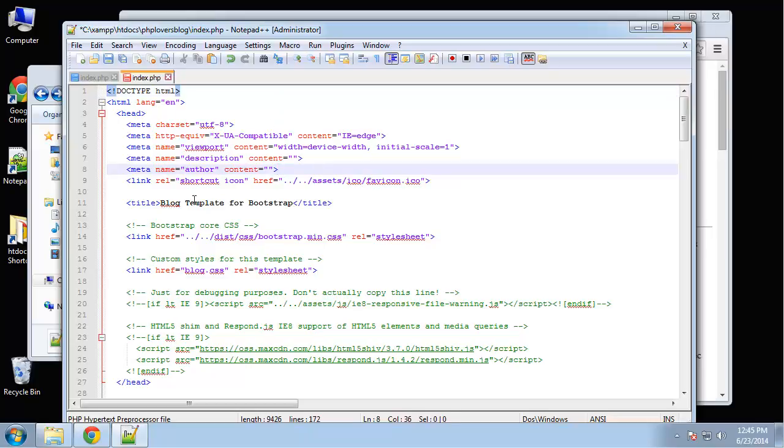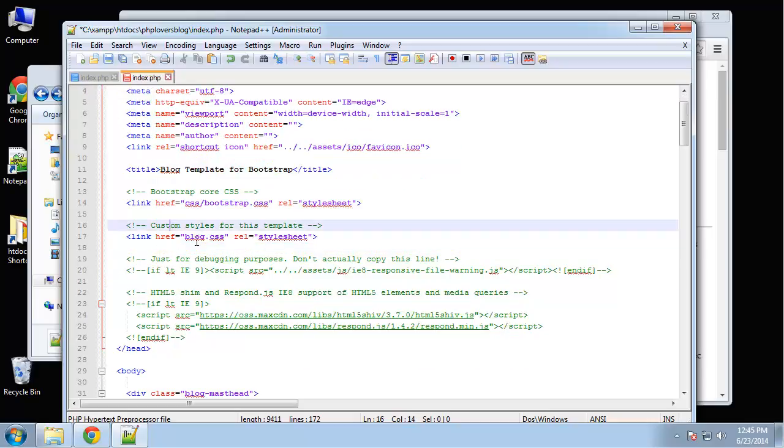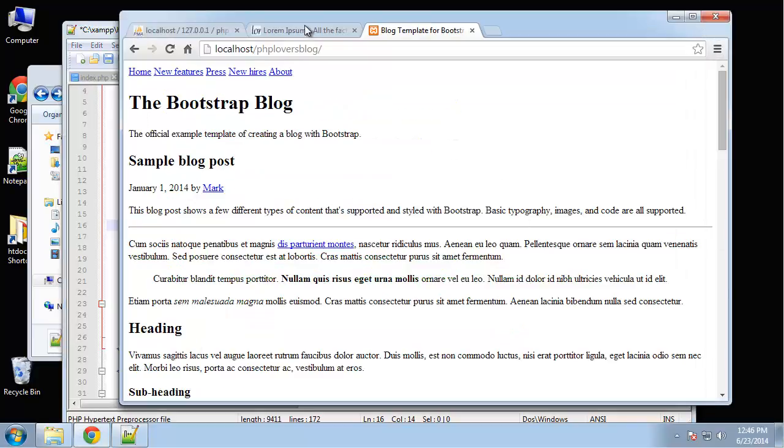Okay, now the path to, okay, right here, it has a path to bootstrap.min.css, but this is not correct right here. We just want it to go to our CSS folder. Okay, CSS/ and we're not using this minified version, so it's just going to be bootstrap.css. And then here, it's pointing to blog.css, which just has some extra styling, and actually we're going to have to get that, so we're going to go back to